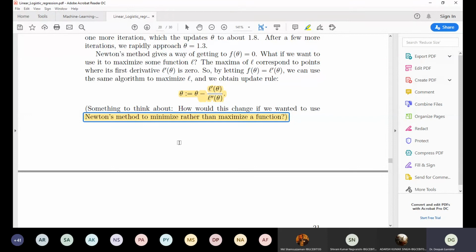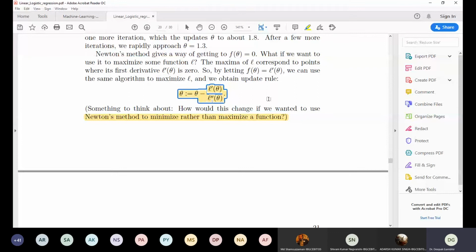If you put that ball upward down, then the minimum value is at the bottom point, and if you put the ball the other way up, then the maximum value is at the topmost point. So that is one and the same thing. Either you find the minimum value or the maximum value. So in this case, if I apply the Newton method to minimize rather than maximize, then we can use this